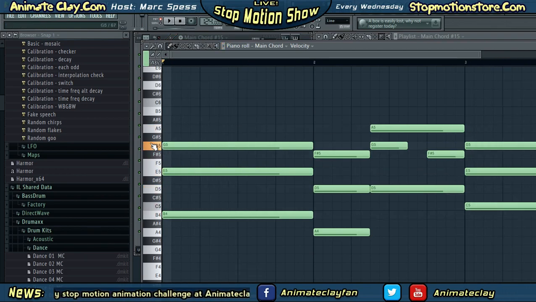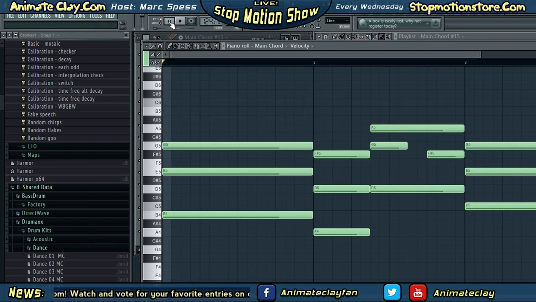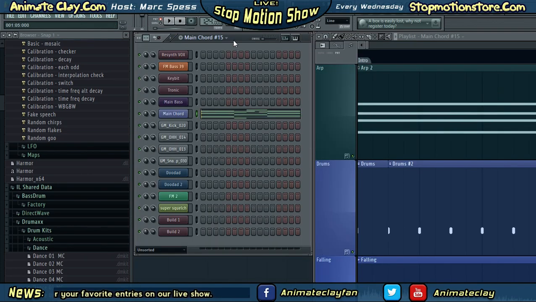So there's a piano here, and you just plop in, you can draw in your notes wherever you want them. You can draw in anything you want and erase it, and it will play it. And the sound that comes out is different every time depending on what particular kind of